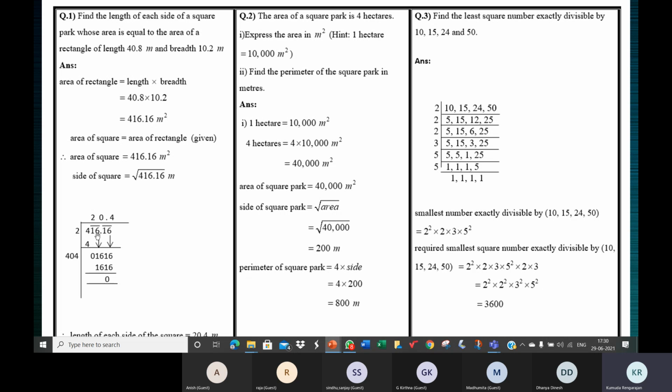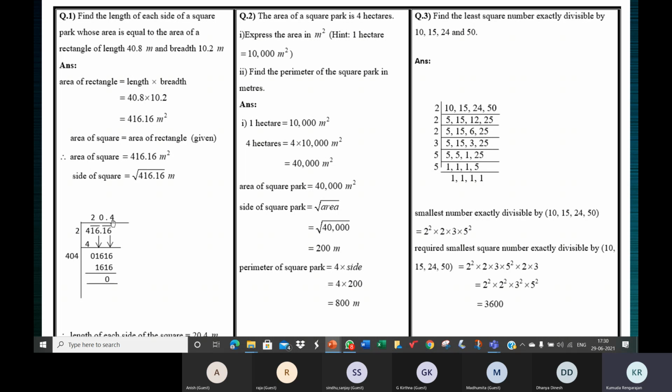So 16 is a period and 4 stands alone. And here again, after the decimal point, 16 makes a period. 2 2s are 4, 0 is the remainder, 16 comes down, double the quotient, 4. 1 itself will be too much because 41 into 1 will be 41, but we have only 16 with us. So we need to add a 0 and bring the next pair down. But since the next pair is coming after the decimal point, we need to place a decimal point there. When you bring down this 16, it just comes down.